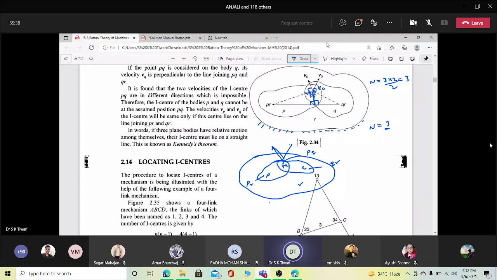जब मैं इस आई सेंटर की डायरेक्शन देख रहा हूँ विथ रिस्पेक्ट टू दिस पॉइंट, मुझे ये डायरेक्शन दिख रही है। जब मैं इस पॉइंट की मूवमेंट देख रहा हूँ, इट इज मूविंग इन दिस पर्टिकुलर डायरेक्शन व्हेन आई एम लुकिंग फ्रॉम दिस, इट मींस अगर इसकी डायरेक्शन ऑफ वेलोसिटी ये है तो इसका आई सेंटर यहाँ पे है, और ये खुद अपने आप में एक आई सेंटर है इस समय। ओके, तो इसका क्या मतलब है, एट अ पर्टिकुलर इंस्टेंट ऑफ टाइम, अ पॉइंट कैन नॉट हैव टू डिफरेंट डायरेक्शन ऑफ वेलोसिटीज।